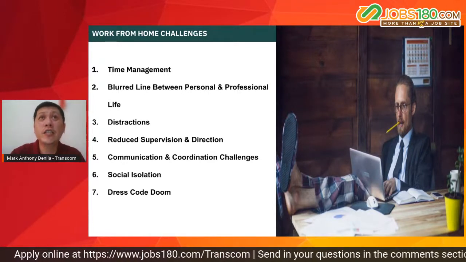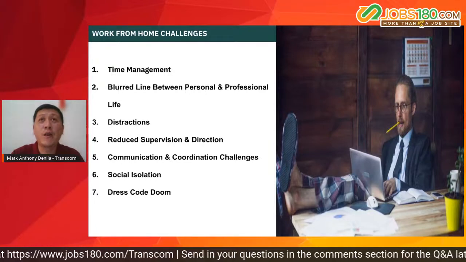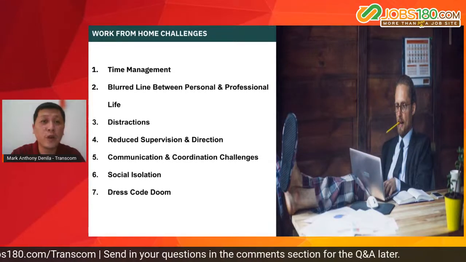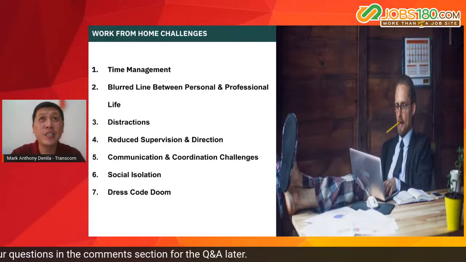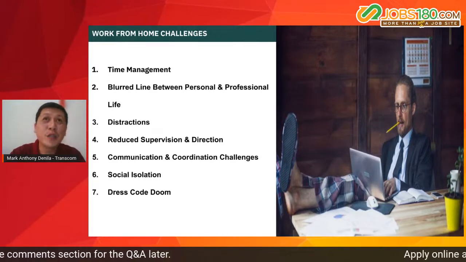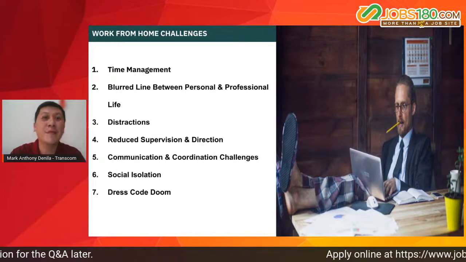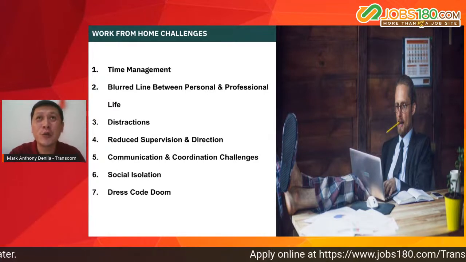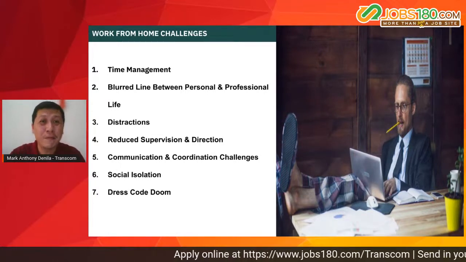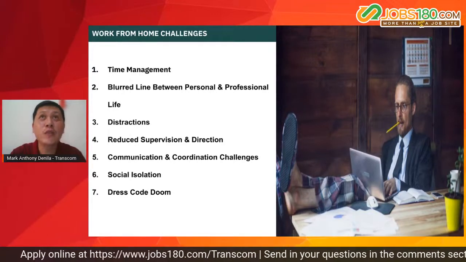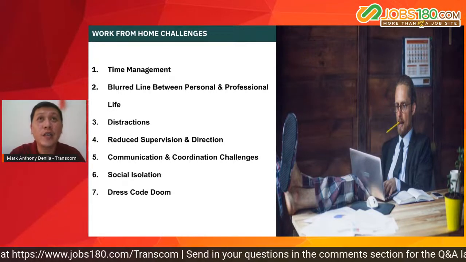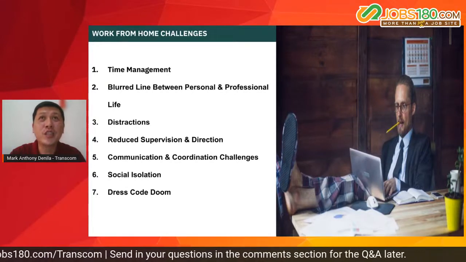Now, if you're going to be shifted from working on site to working from home, this structure or this process will be disrupted. So maybe some of us will think, hey, thank goodness, I'm going to be working from home. So it's like freedom of time. But you will tend to be less productive, and then of course there will be some distractions